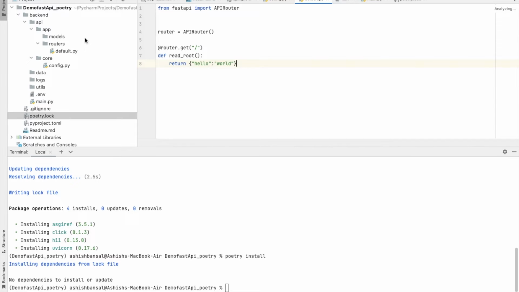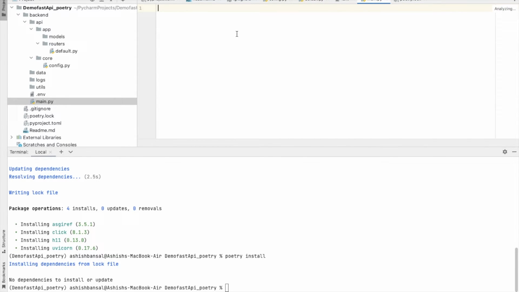Okay, so now the next thing is that we wanted to have our main file in which we wanted to call this thing, right? And we wanted to run our Uvicorn server. So what we will do, we will go directly to our main.py, and we will import a couple of libraries, and then we will start working, right? So first of all, I will say from FastAPI import FastAPI, right? Then